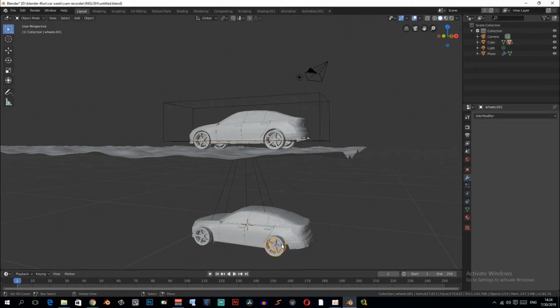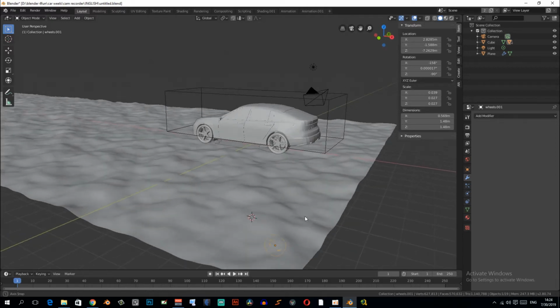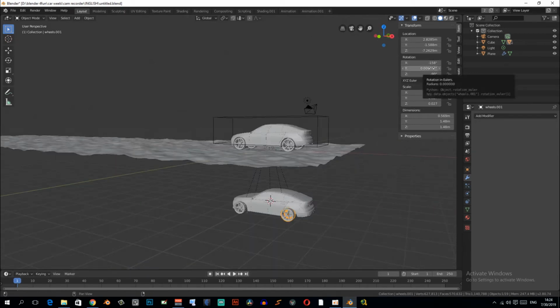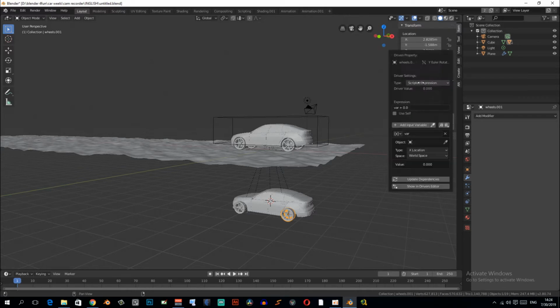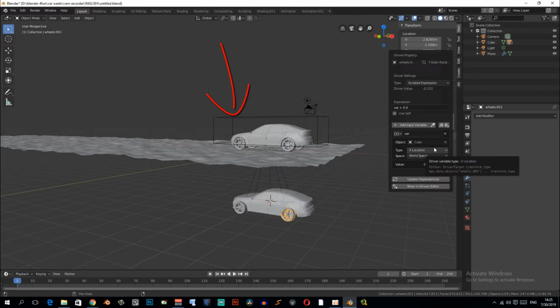So let's select every wheel and press N and go to rotation. What axis do we want to affect? The Y axis, of course, because we want it to spin like this. If my mouse lets me do this. Let's go to Y rotation, right click and add driver. Go to object, select the cube, and we want the X location of this cube to affect the Y rotation